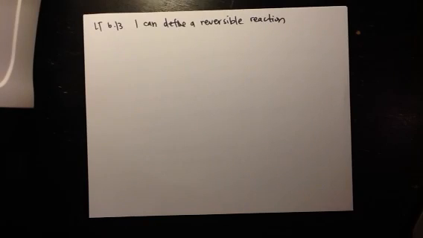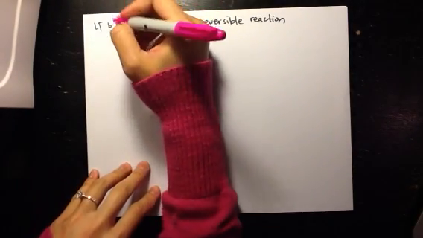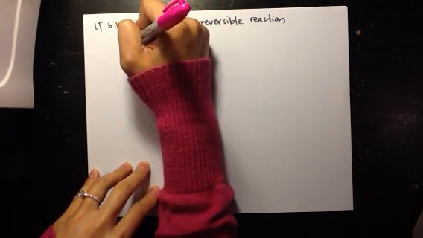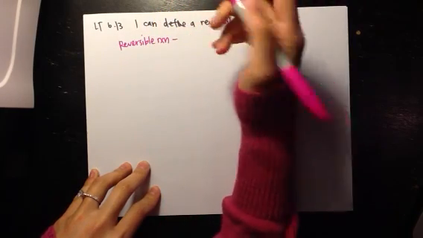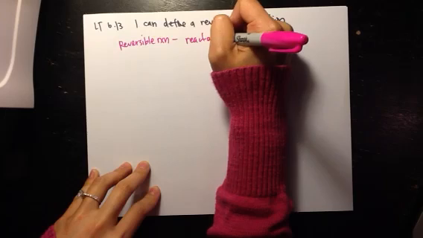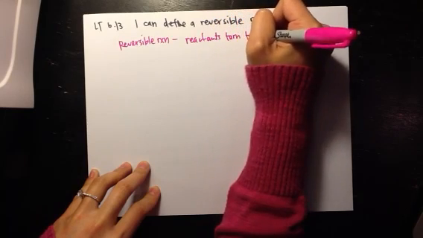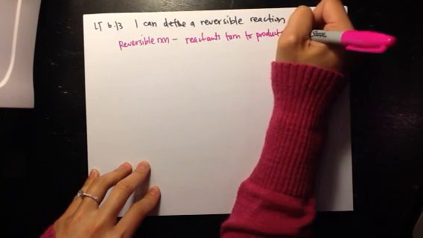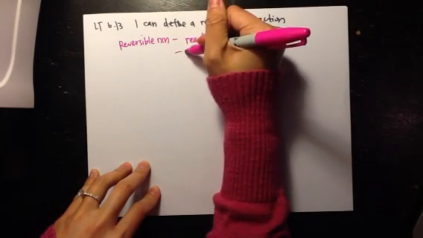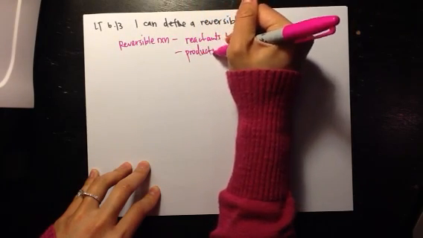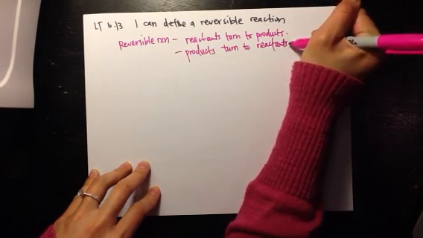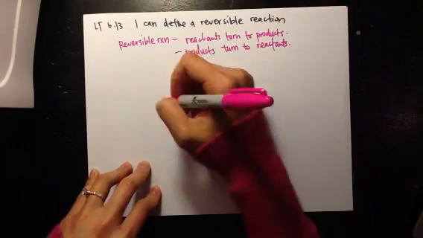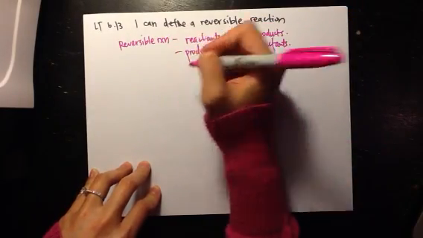Learning target 6.13: I can define a reversible reaction. Okay. A reversible reaction is one where your reactants turn into products and your products are turning back into reactants. Okay. So an example of this would be, let's say,